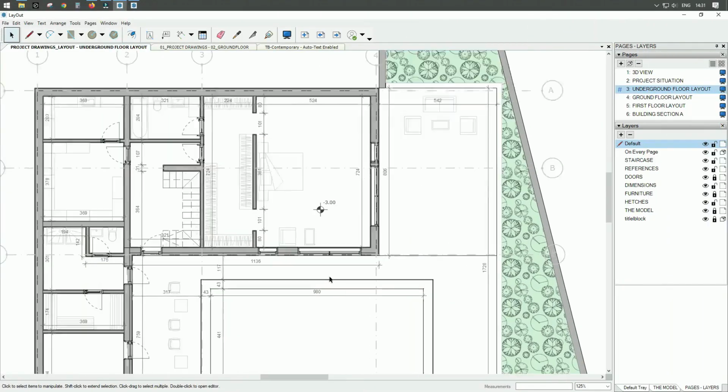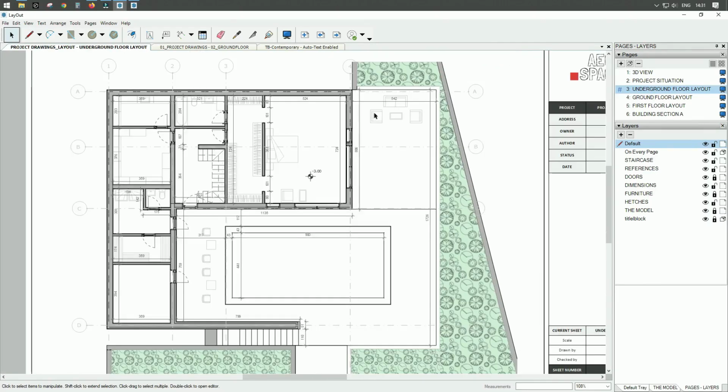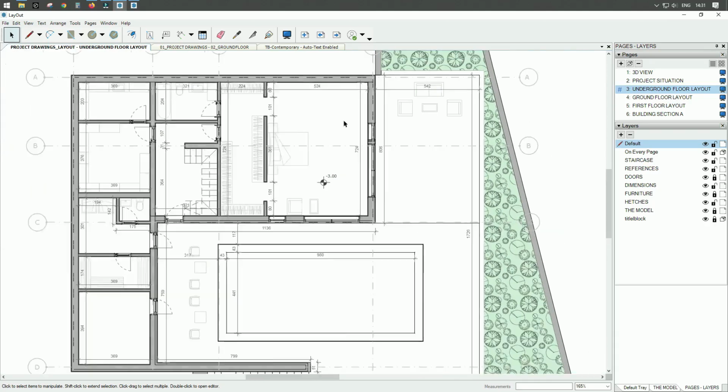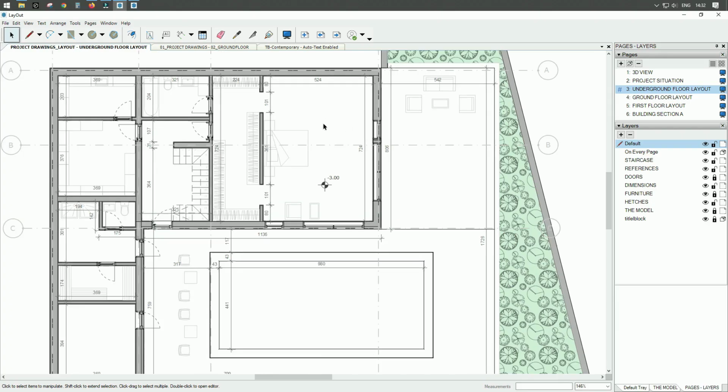The next step, or the final step in preparation of our drawings and our drawing set, will be to set our room names and room areas in our project for each floor plan of our building. So in order to do that, I will go at first into our project browser, into layers, and I will create a new layer, and the name of this new layer will be, let's say,